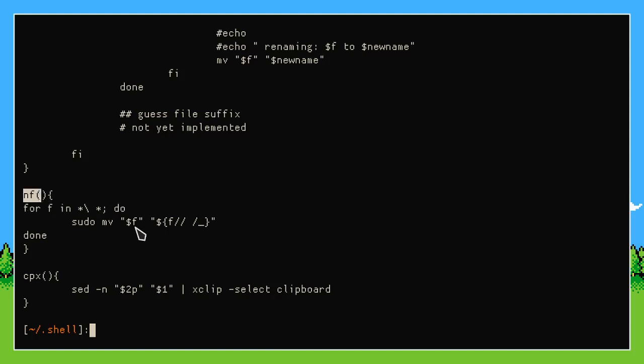Basically the NF program, by understanding it, what I can see is that it will replace all the spaces in the files of a directory with underscores, and that's a good thing because when you're in the terminal, a space means it's a different file. So if your file has a space in it, you won't be able to edit it using the terminal, or use it as a reference inside of a program. So basically you won't be able to access it through the terminal.